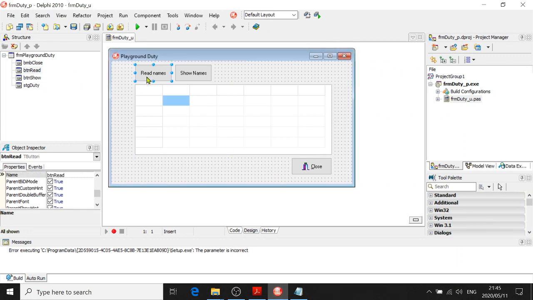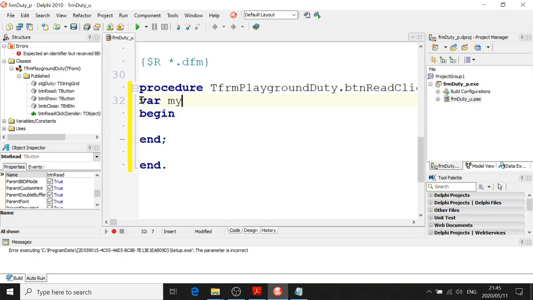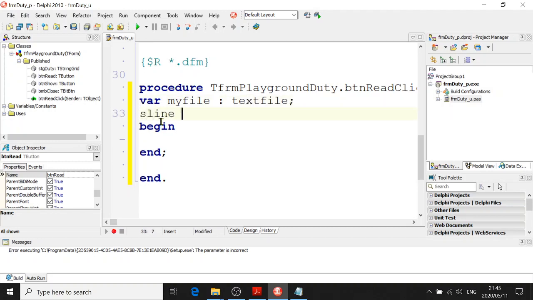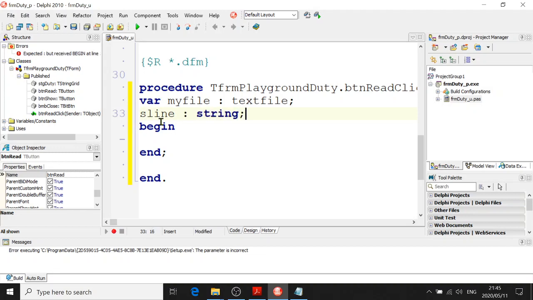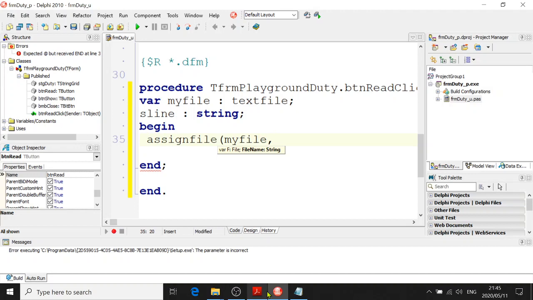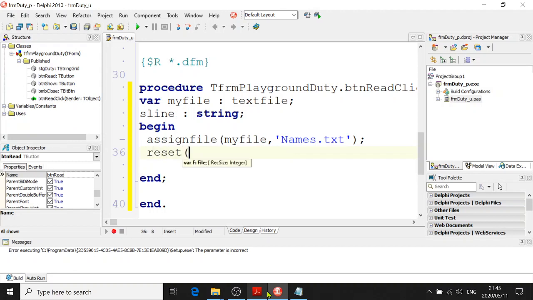Read the names from the text file. Fine, let's just go ahead and do our assign file statement without testing if the text file exists, just to save time here. And I'll just say S line as being the string, and assign file, my file, and it is names.txt, and then reset for reading. So that is all the same so far,